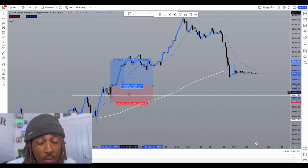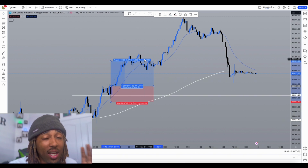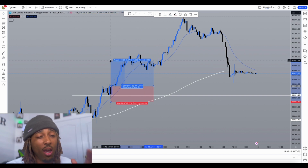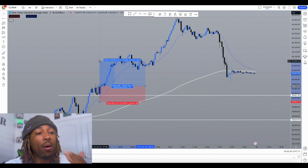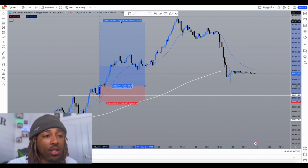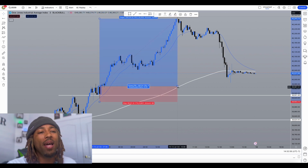You're gonna get volume one way or another, especially if you're trading these on indices. This open range breakout strategy, so far, what I've seen on indices, US 30, NAS 100, it works amazing because you need volume for this to really work. Now, once volume came into the market, I took the trade, and then all I did was,